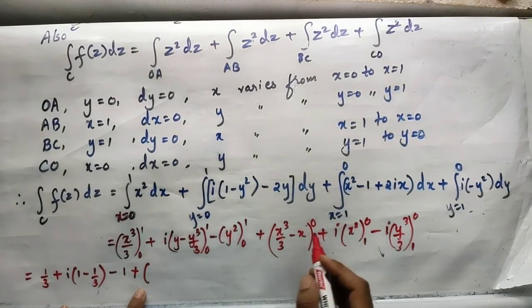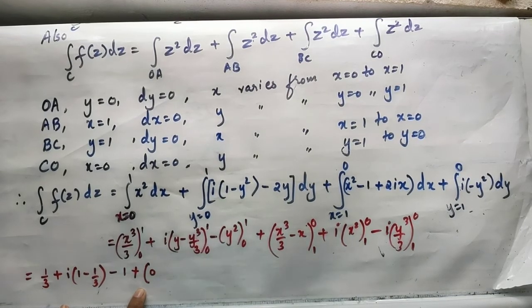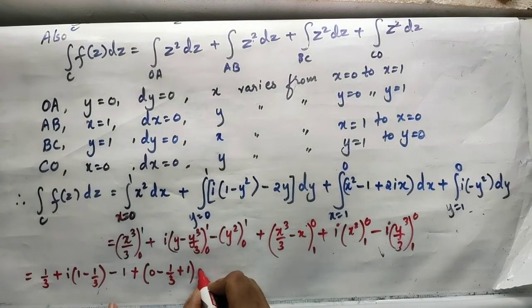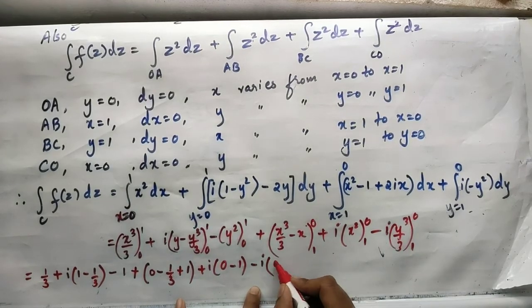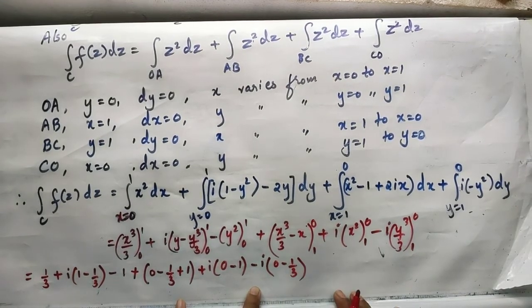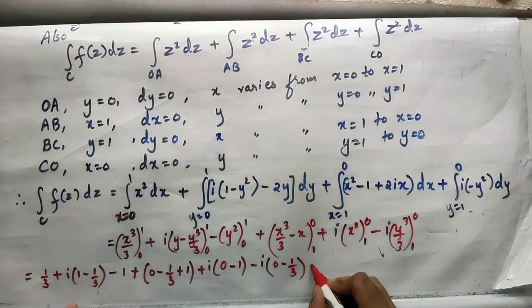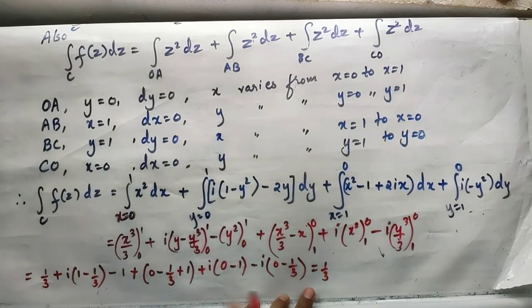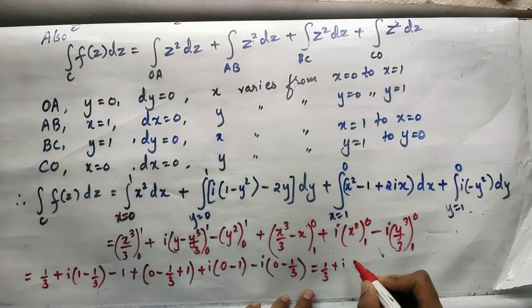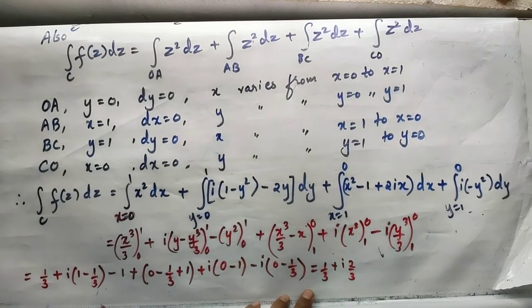Plus the next term. When you put the upper limit, it is 0, so write it as 0. Minus the lower limit, x equals 1 means 1 by 3. Minus of minus, plus 1 you get. Plus i, upper limit 0 minus lower limit 1. Minus i, upper limit 0 minus the lower limit 1 by 3. Okay, now further simplify this here itself. See, it is 1 by 3. And when you simplify this fraction, 1 minus 1 by 3 is 2 by 3, plus i into 2 by 3 minus 1,